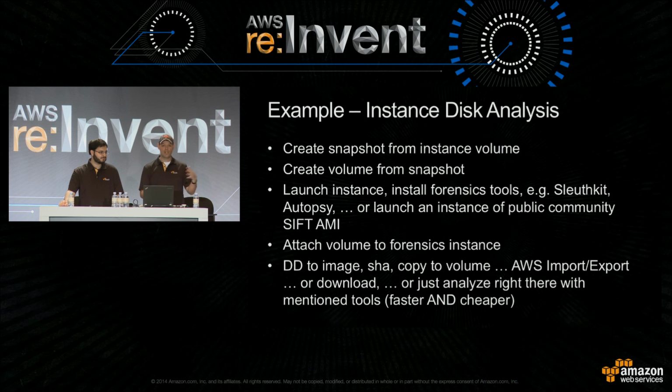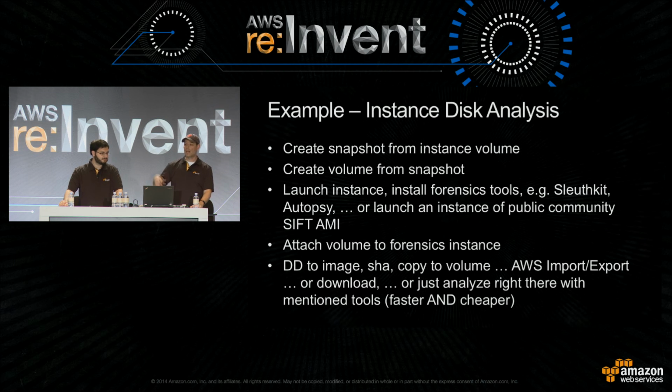because images are much more comfortable to work with in a number of different tools. So why don't you just install those tools right on the instance that's having the problem? Why go through all this work? Again, we want to minimize our interaction with the instance that's been exhibiting suspect behavior. We want to do all of our analysis off instance, such that we're not manipulating anything and impacting our ability to investigate. So we'll create a hash of that image, and we'll copy it to another volume for our purposes of working. We don't want to work off of the original image, right? We want to make sure that we're working off of a copy of that.